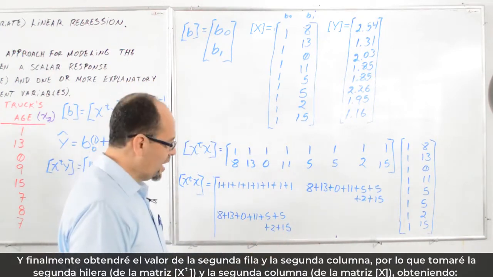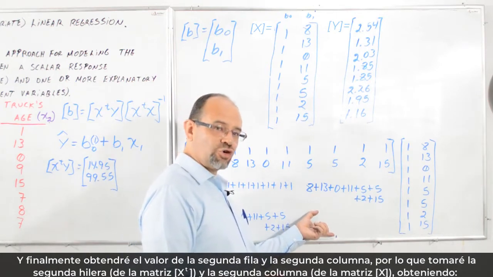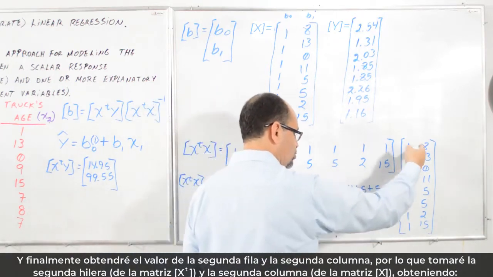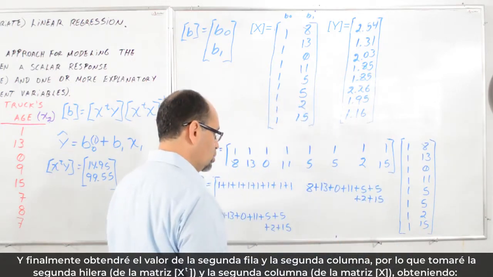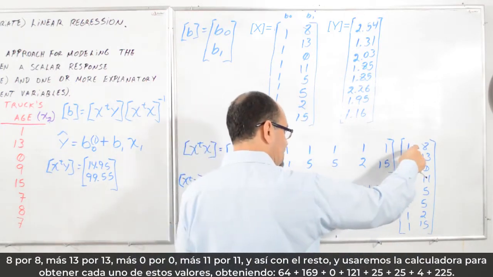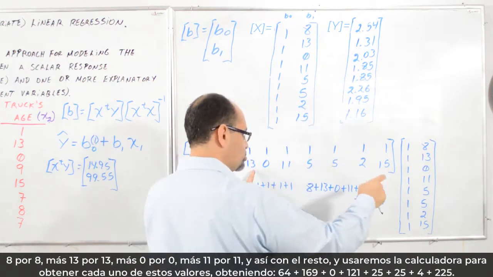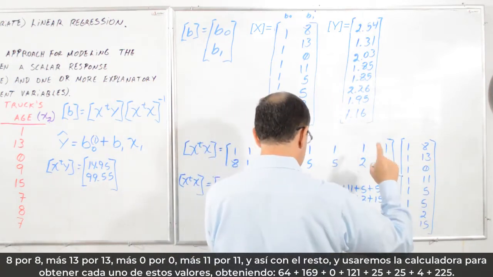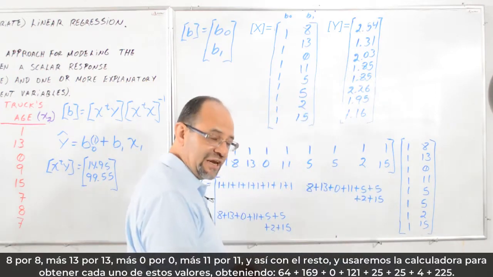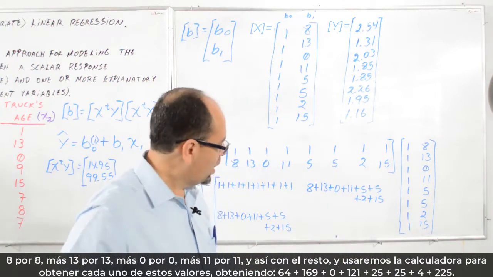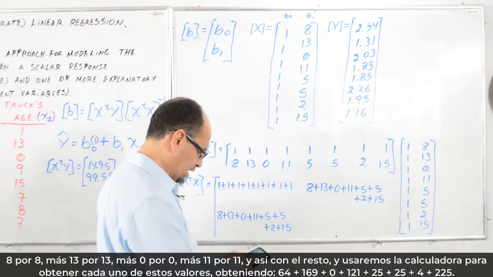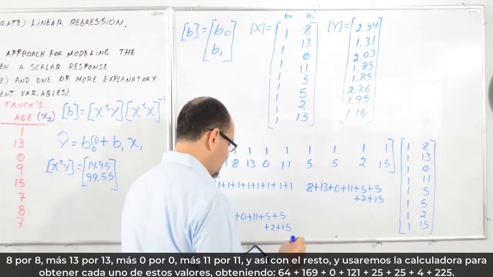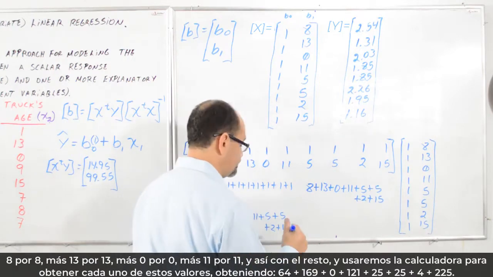And finally, I will be obtaining the second row and the second column. So I will be using the second row and the second column. So it will be 8 times 8 plus 13 times 13 plus 0 times 0 plus 11 times 11, and so on. And well, I will be using the calculator to obtain each of those. So, for the first one,